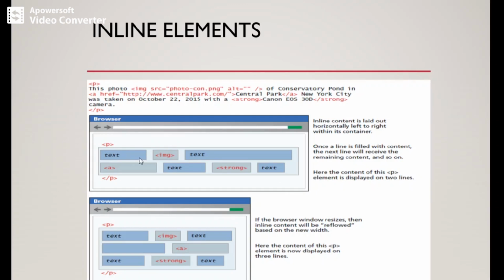Here you can see that the inline elements, img tag, a tag, strong tag, are not appearing in blocks. So inline content is laid out horizontally left to right within its container. If the browser window resizes, then inline content will be reflowed based on the new width. Here the content of this p element is now displayed on 3 lines. You can see the same thing as the previous one. Here you are resizing the browser's window, so it will be split into 3 lines.